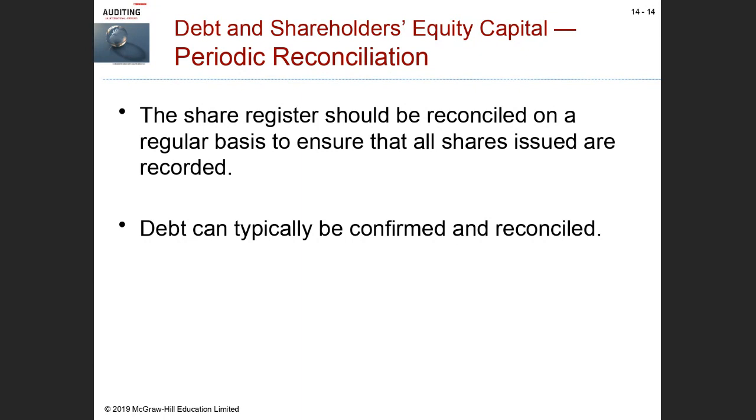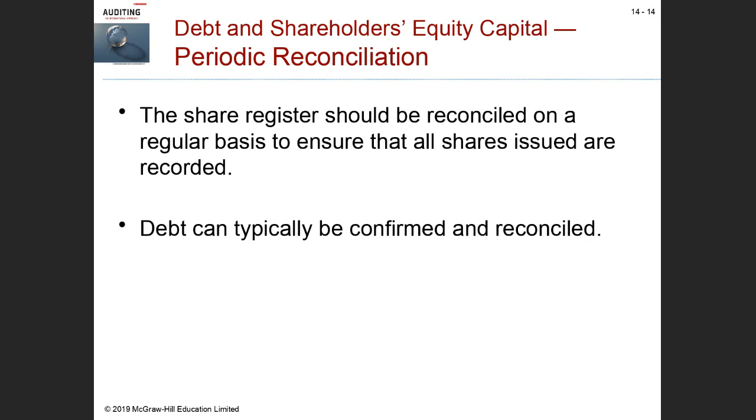Typically in large companies, they'll have a certain number of shares outstanding at the beginning of the year, let's say 10 million. Then they issue more shares, let's say 2 million. Then they buy back some shares, let's say 4 million. And then you get your balance at the end of the year. This is the reconciliation that needs to go on, starting with the beginning of the year number and getting to the end of the year number. Of course, that should be done on a regular basis. So we need to have the control in place to ensure someone is doing that reconciliation. Again, someone who's independent, or properly segregated from conducting